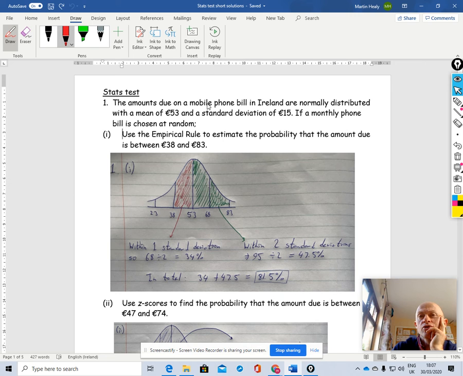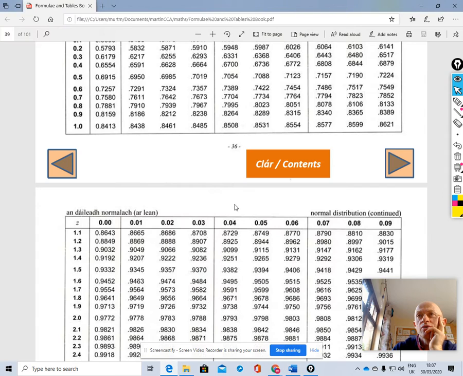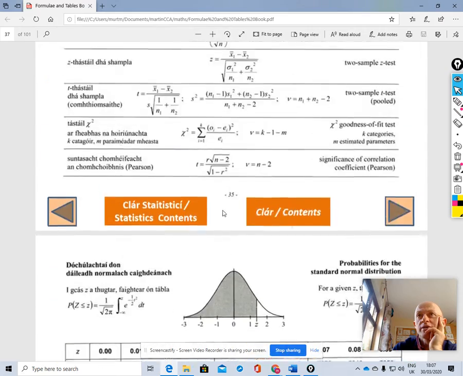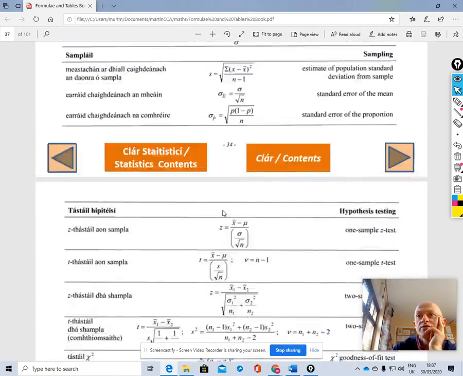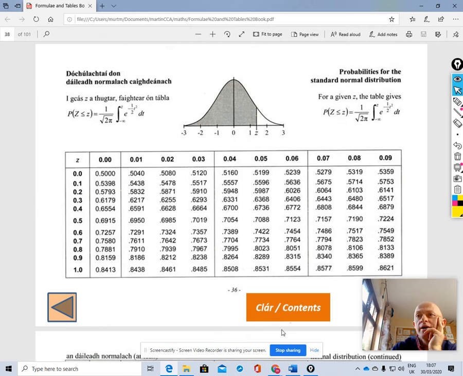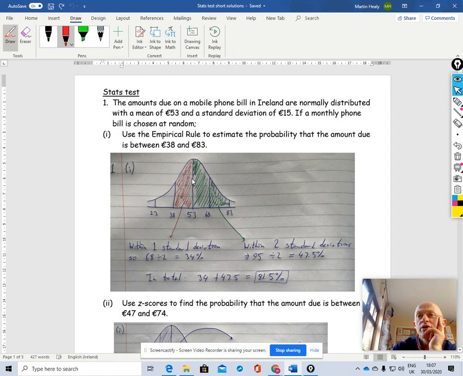So I'm going to go through the solutions to the stats test. First thing you do when you're doing statistics is have your maths tables open on statistics on these few pages here. So question 1 was empirical rule, and it'll ask you about